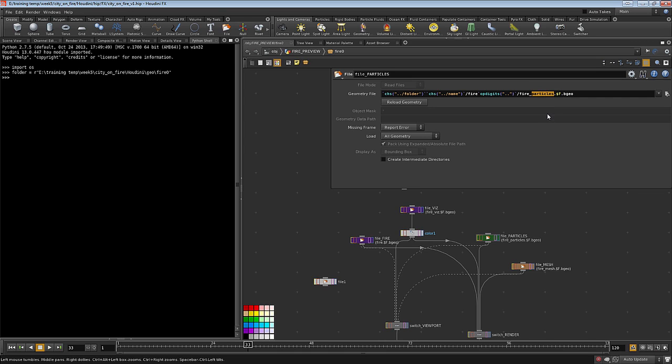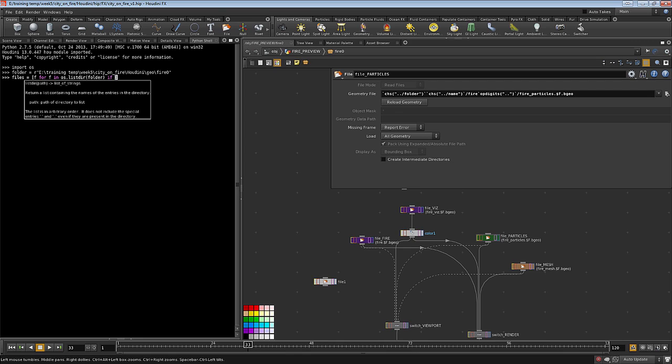So I'm gonna copy this. Files is equal to f for f in os dot listdir of the folder,